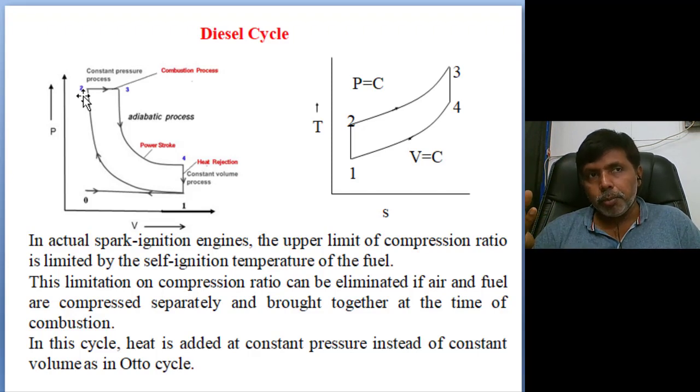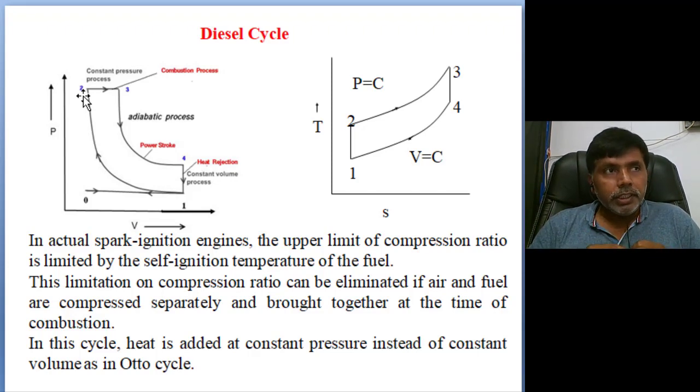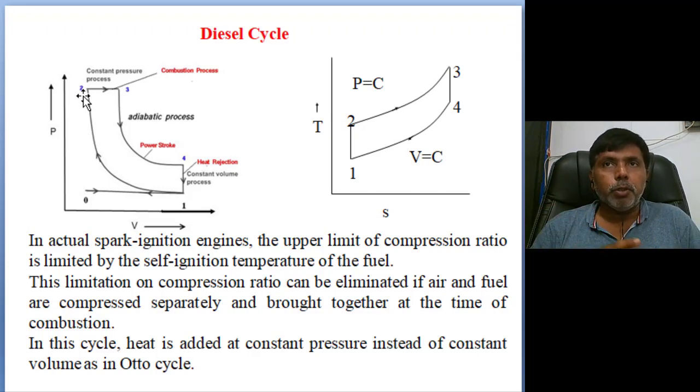While I am increasing the compression ratio, the fuel will reach its self-ignition temperature before initiating the combustion process. So uncontrolled combustion, uneven combustion, pre-ignition or auto-ignition will take place inside the cylinder, because in the Otto cycle, air and fuel together enter the cylinder during the suction stroke. To overcome that, in the diesel cycle we separate the air and fuel. Air is compressed separately and fuel is compressed separately, and at the combustion process we mix air and